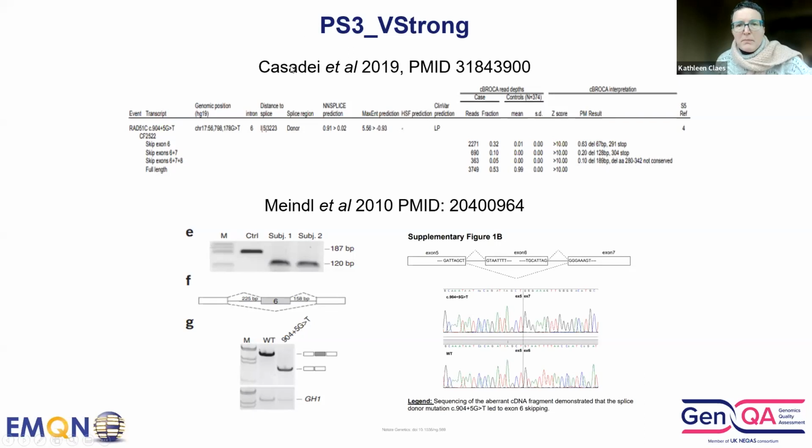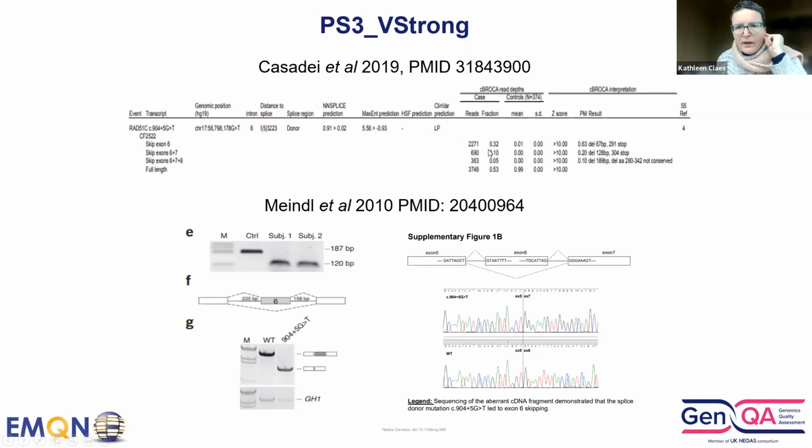And the Casadei paper from 2019 did an NGS-based approach. So they extracted RNA from lymphocyte cultures, they treated it with puromycin, and after that they made cDNA of that, and they have hybridized it to probes for 42 genes, if I remember well, among which RAD51C. And what they saw is that it clearly results in a skip of exon 6 in the case,